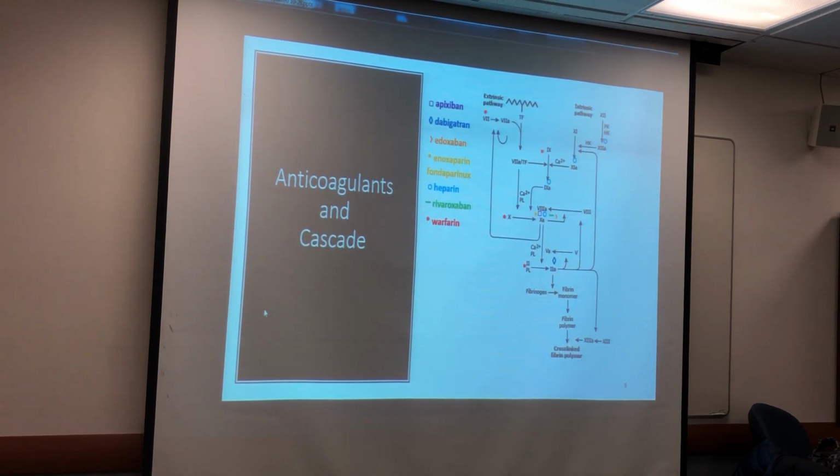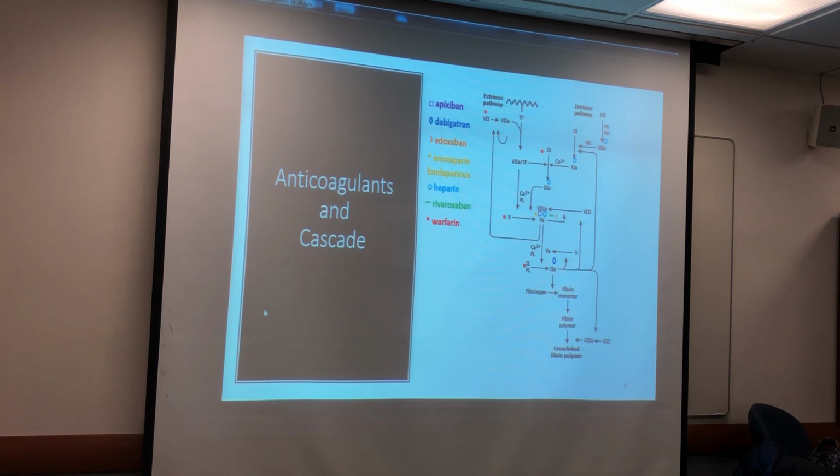So on that same clotting cascade, this slide shows where everything works. Apixaban, edoxaban, and rivaroxaban are your 10A inhibitors, so that's primarily where they work. Those are probably the most popular ones to use right now for anticoagulation because they work in one spot. They don't have as many drug interactions, they don't have as many food interactions. The half-life is pretty straightforward